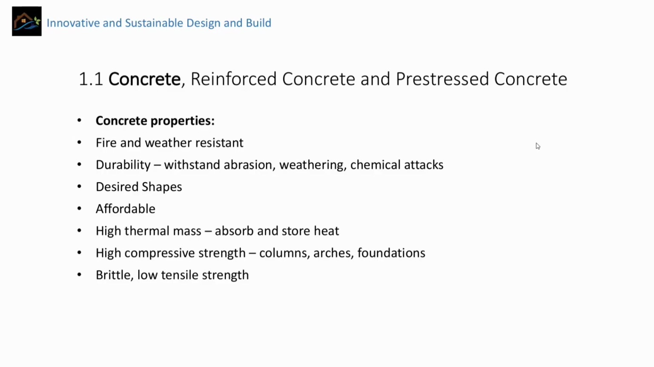What are the main properties? As I said many times, we need to have the desired outcome, the desired properties for the concrete. The main properties of concrete are that it is fire and weather resistant, and it is unique compared to other construction materials like wood, for example. Concrete structures and elements are fire and weather resistant, and therefore